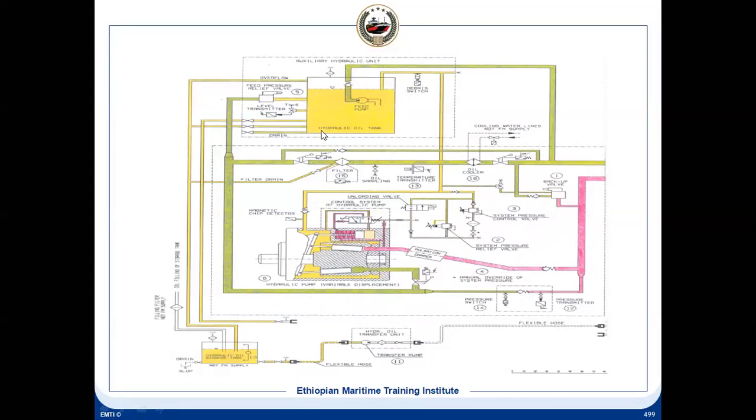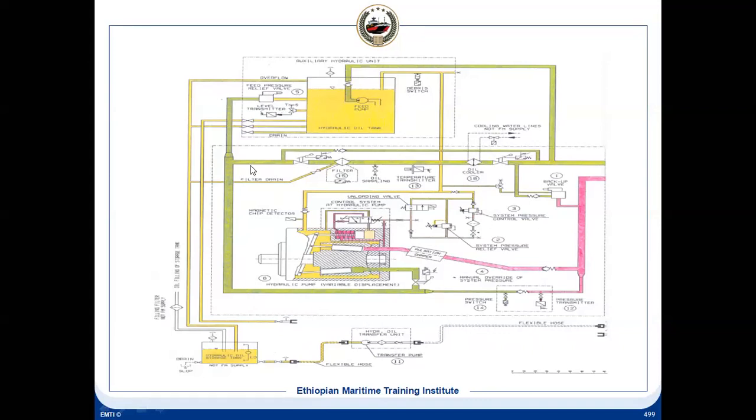And this is the return line, but it will have a feed. This is the reservoir, and there will be a feed pump. There will be more than one feed pump, because there will be a standby pump. There is also more than one main pump, depending on the system requirement: 2, 3, 4, 6 like that, depending on how much pressure you maintain and how much volume needs to flow through the system. This is a low pressure pump supplying the suction side of the main pump, so the pressure is maintained on the suction side.